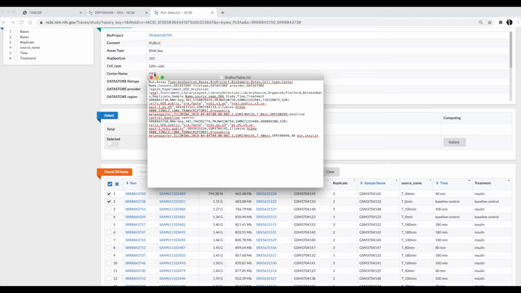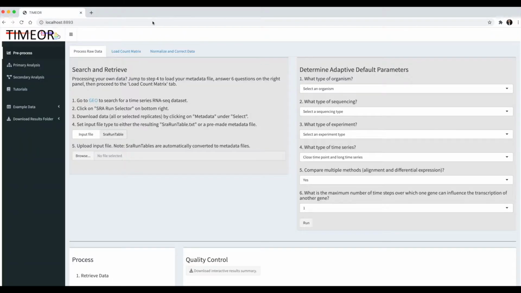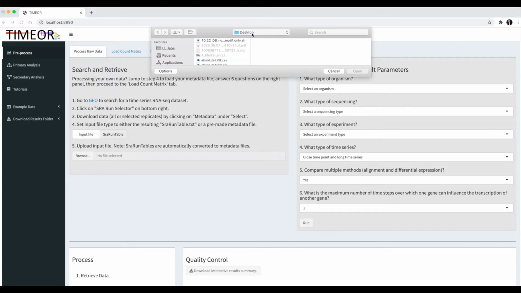This is going to be processed and a metadata file is going to be created from these data. So now that we have that, we can set the input to either the SRA run table, which we just downloaded, or a pre-made metadata file, and we'll get into that in a second. So this would be the metadata. We have an SRA run table, and then you can upload and choose the SRA run table